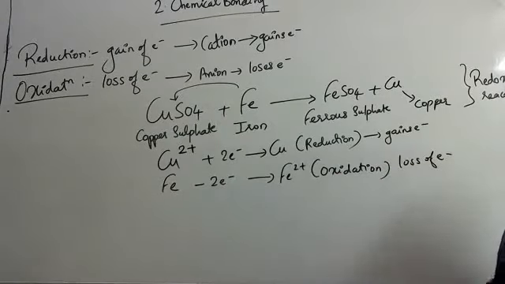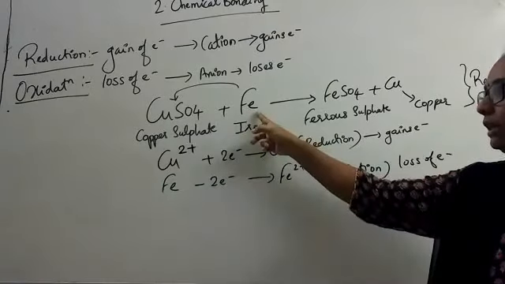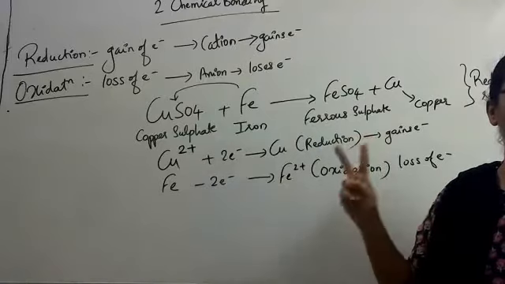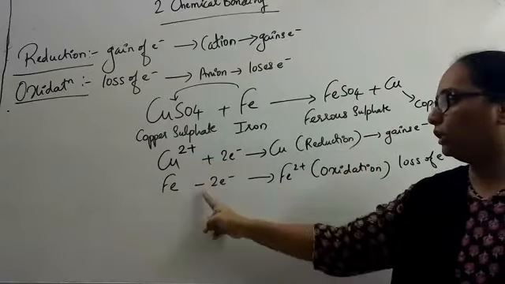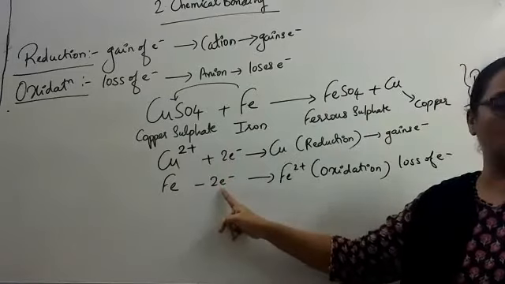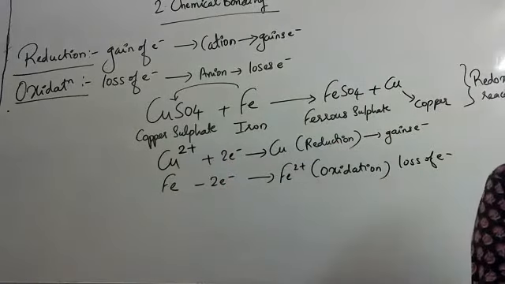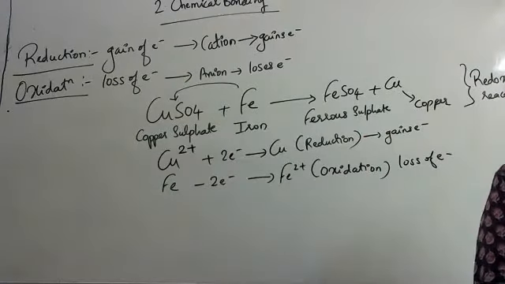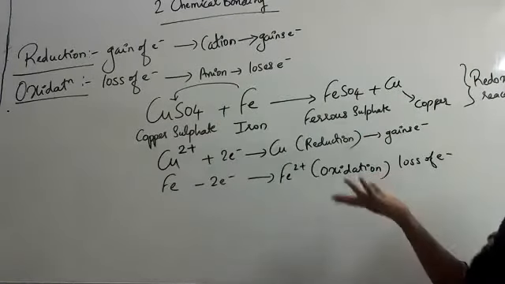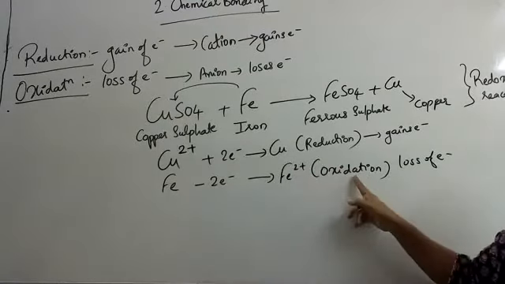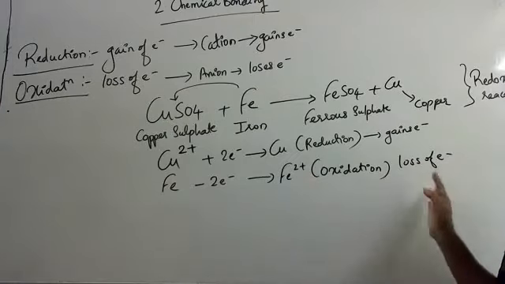Okay, and whereas this ferrous, what it has done, it has donated 2 electrons from its last shell to copper. So therefore ferrous has lost 2 electrons. As it has lost 2 electrons, इसका मतलब है उसके पास 2 negative charges कम है. So that 2 negative charges are removed. So it means that is replaced by 2 positive charges. Okay. So this is oxidation, that is loss of electrons.